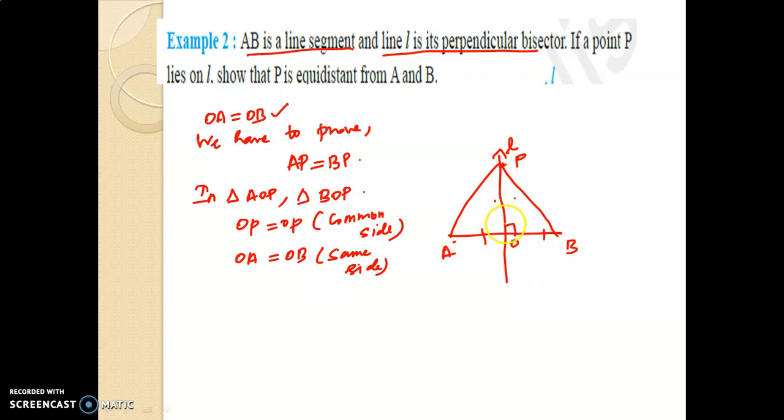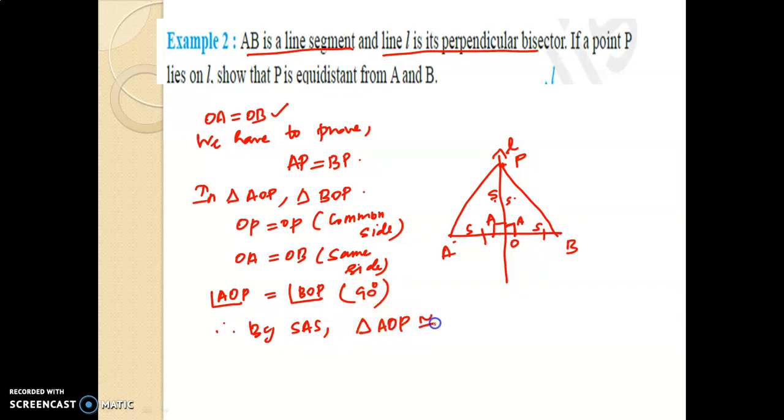Right, and similarly, this is 90 degrees. This is 90 degrees, so what about this one? This one is also 90 degrees. That is, angle AOP equal to angle BOP, that is 90 degrees, the same angle. Can we say this is side angle side, right? So from the two triangles, here also side angle side. Therefore by SAS criteria, triangle